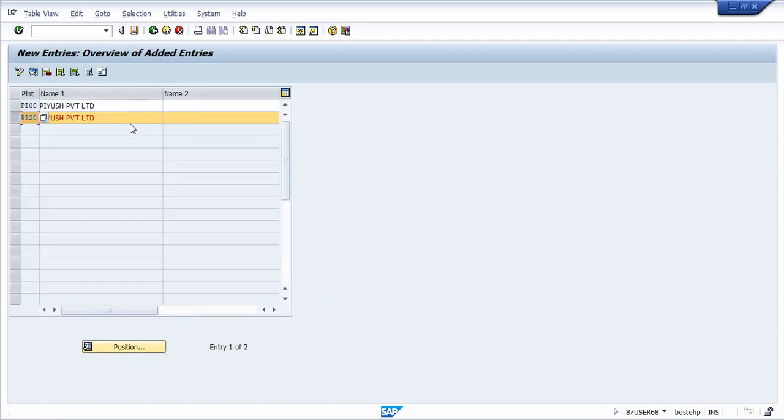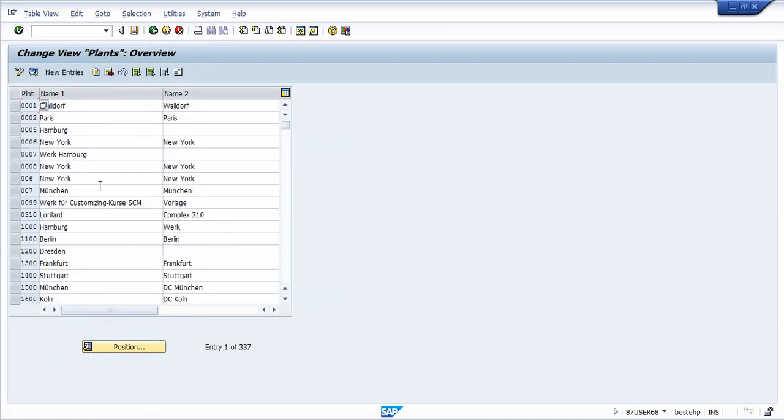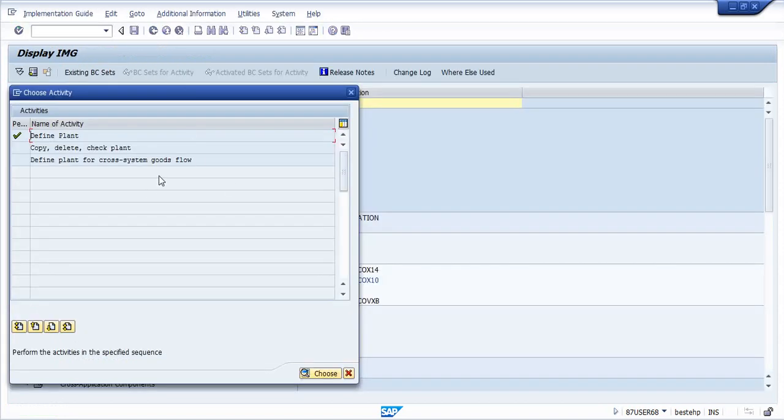So here I have created two plants. Go back.